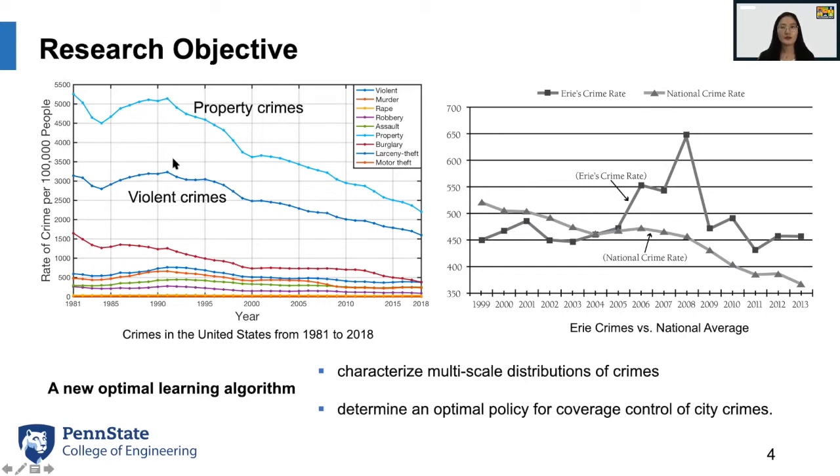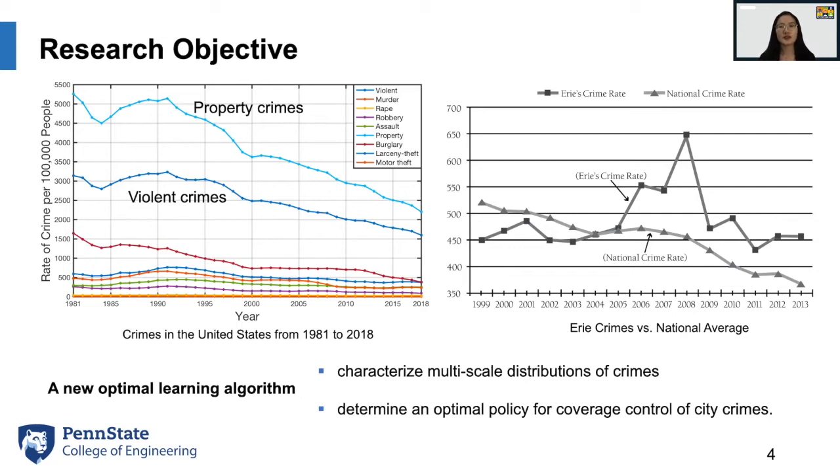This figure shows the crime rates corresponding to various types of crimes from 1981 to 2018 in the United States. The estimated number of the violent crimes was more than 1.2 million in 2018, and the estimated number of property crimes was over 7 million and resulted in loss of around $16 billion. Law enforcement officers call for better strategies that can help control and reduce crimes in the United States.